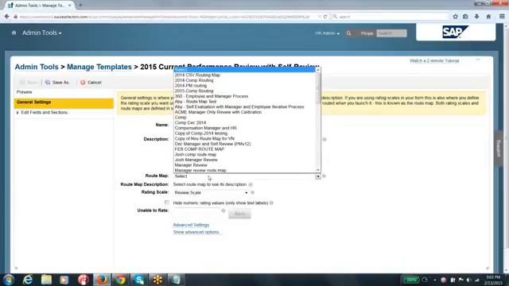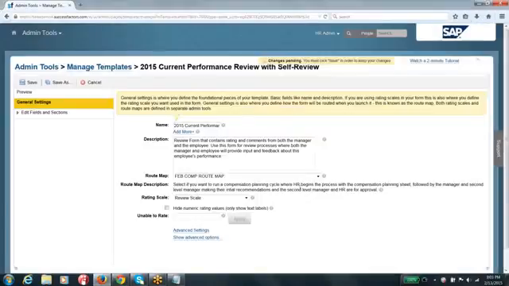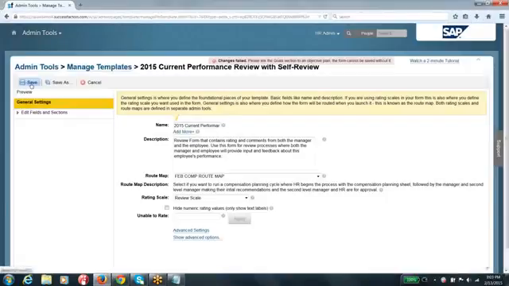Let's say the one that we created is the February comp roadmap. So this is how you are going to integrate your roadmap to one of the templates, and you can see the rating scale and roadmap. And let's say you save this form, and so you're done with preparing.